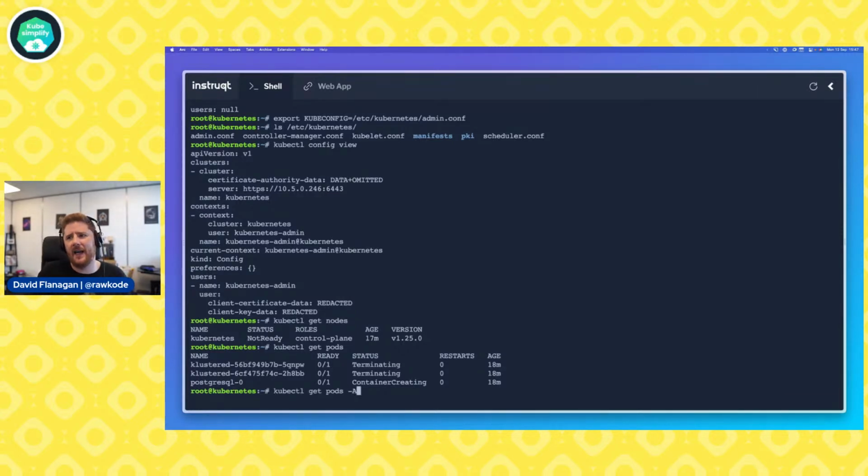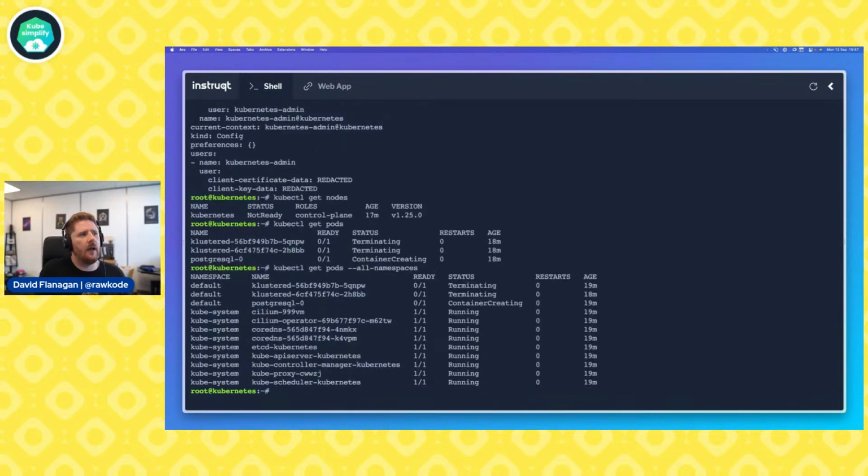We can add a dash capital A. This is the same as running all namespaces. And we can get a broader look across all the namespaces on our cluster. Now we can see that in the kube-system namespace, which is special, this is where our control plane and special processes live.